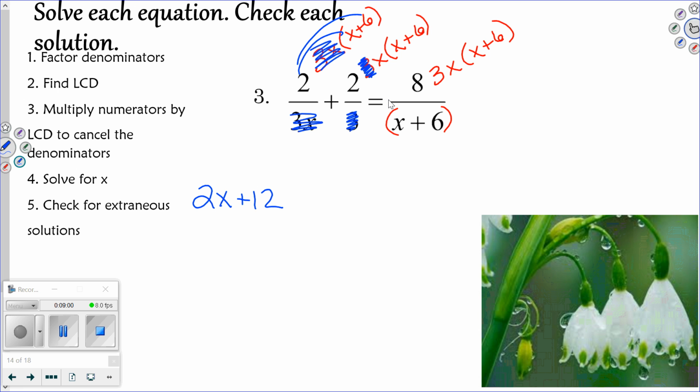No. So everybody take a look. Right now, you have a 2 and an x on the outside, which is just 2x. So just distribute 2x throughout the whole thing. Does that make sense? Just 2x. So 2x times x is, oops, wrong sign there. It's 2x squared. And then 2x times 6 is 12x. And then the last term,